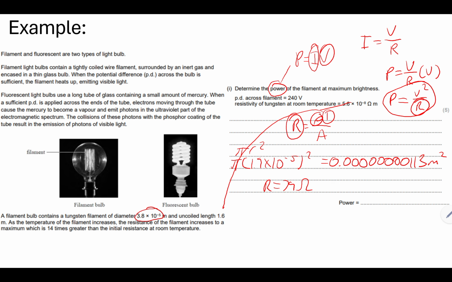But we can see that the resistance of the filament increases to a maximum, which is 14 times greater than the initial resistance at room temperature. But we could see that the resistivity of tungsten at room temperature is that. So what we found was the resistance at room temperature as well. So we need to multiply this by 14. So we can find the new resistance. And so when you do that, you'll get